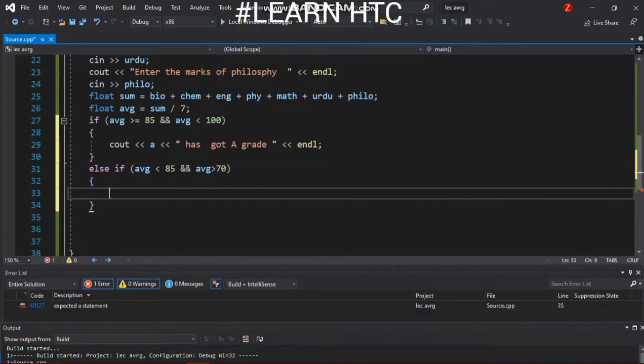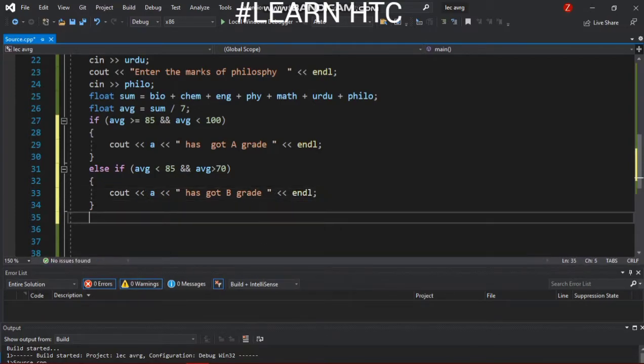Then we will cout: Ali has got B grade. We are learning the concept of how to assign grades.